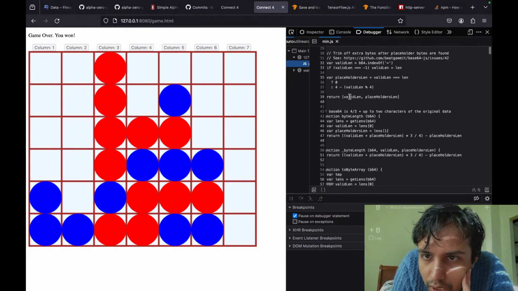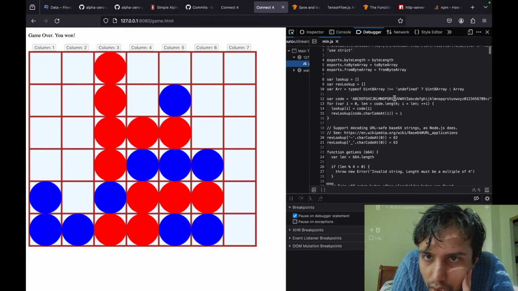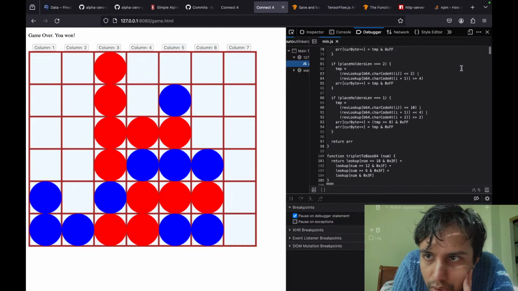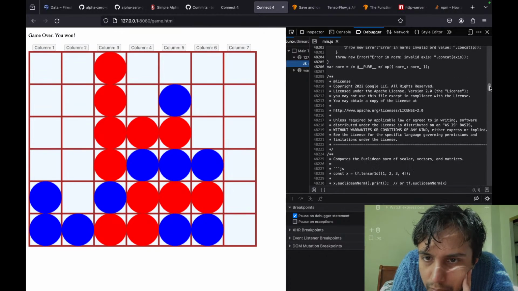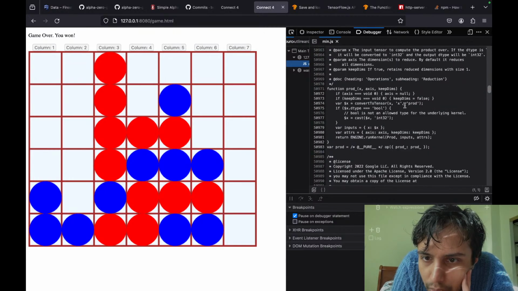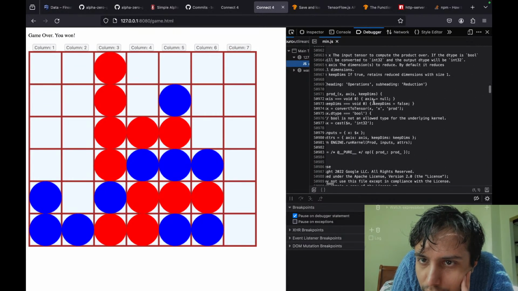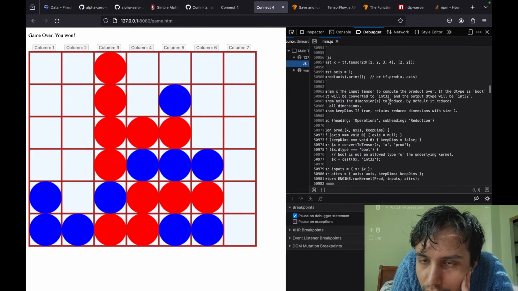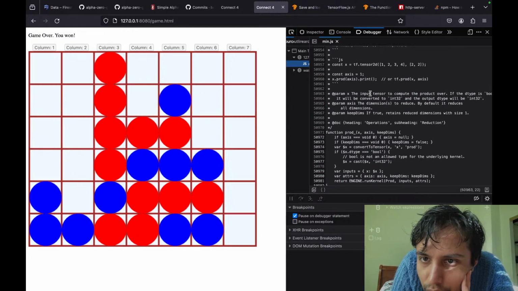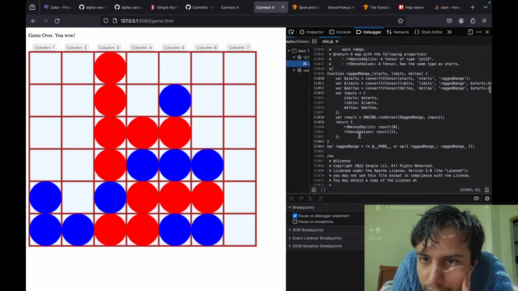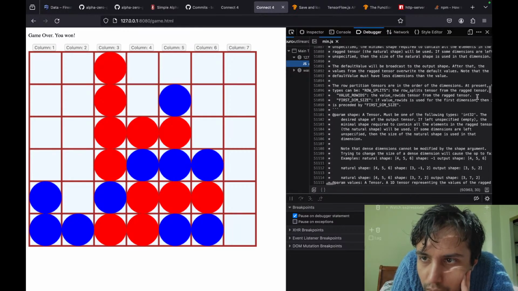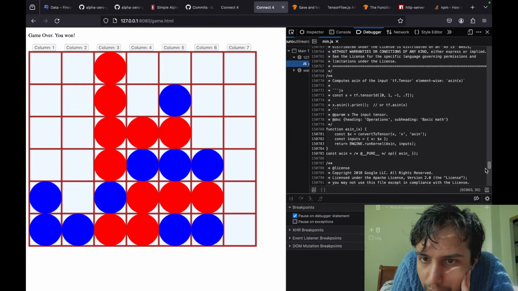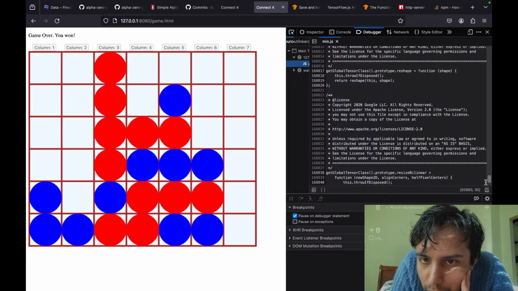All this stuff is TensorFlow.js, bundled, because we bundled it in. Yeah, Euclidean, wait, what? I saw Euclidean somewhere just now. Yeah, tensor, just all these. Anyways, so that's the point. Wait, what is the point?